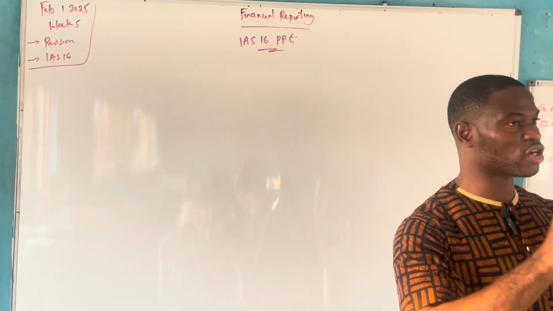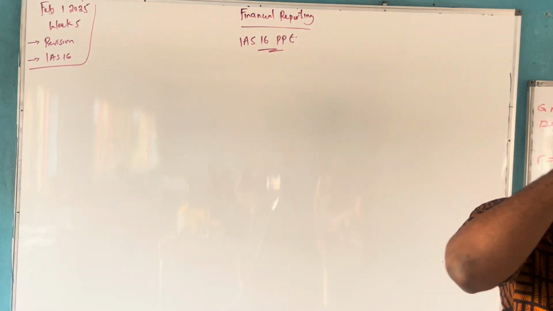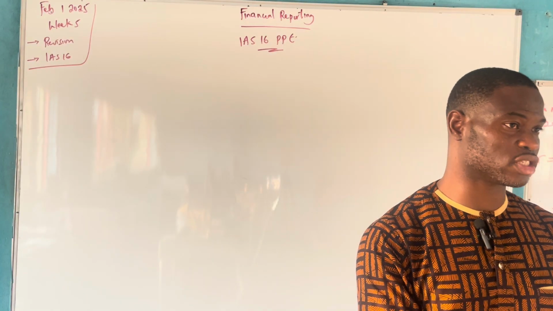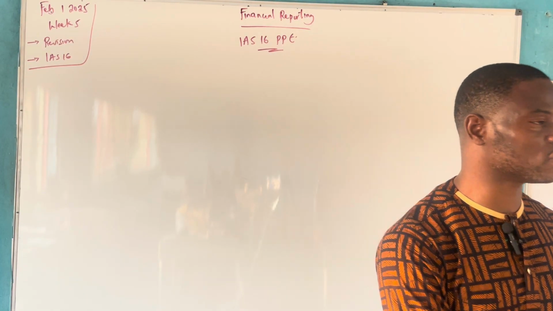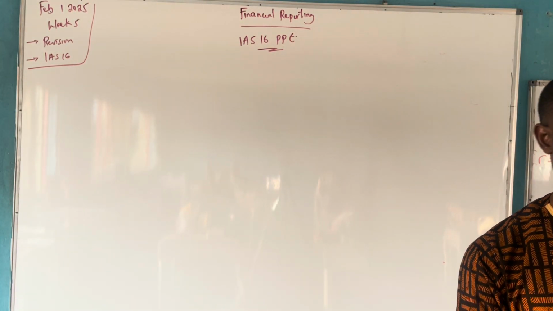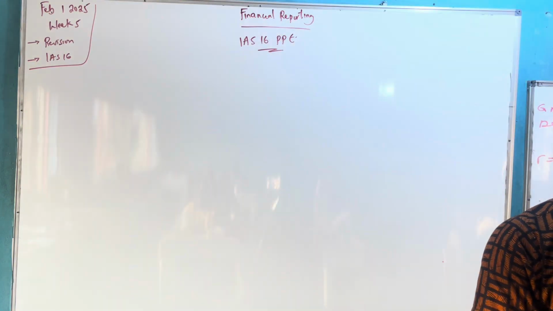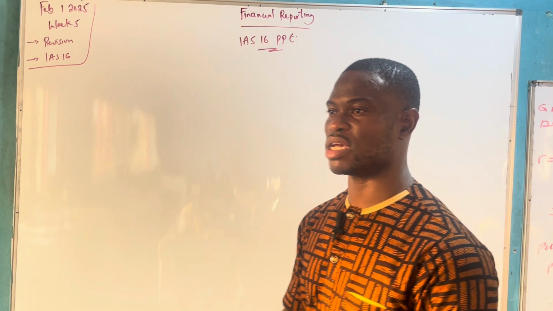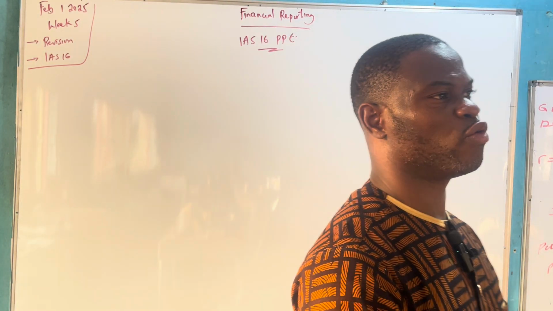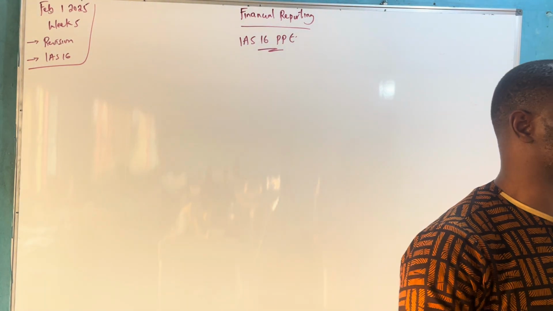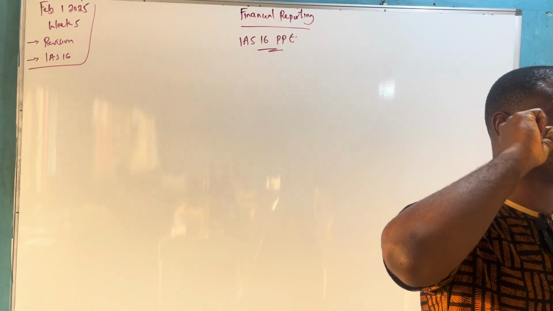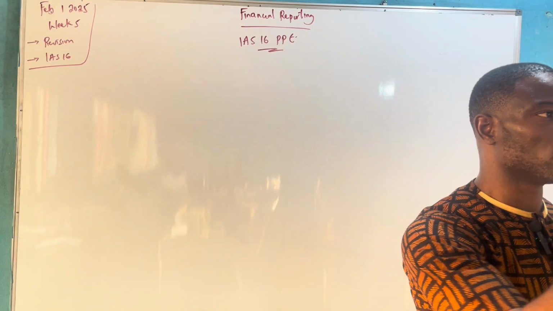You see, the cost model is simply cost minus accumulated depreciation minus accumulated impairment losses. The revaluation model is fair value minus subsequent accumulated depreciation minus accumulated impairment losses. Those are the models. Those are the formulas. We started with the cost model. I told you that the cost model, which is cost minus accumulated depreciation minus accumulated impairment losses, will help you get